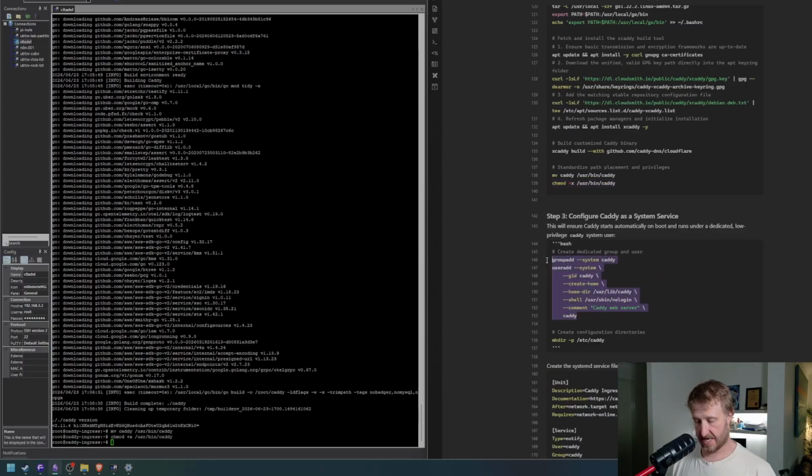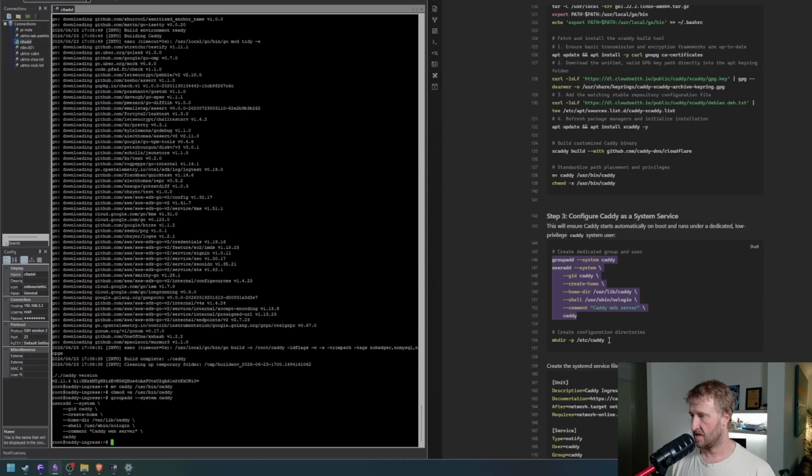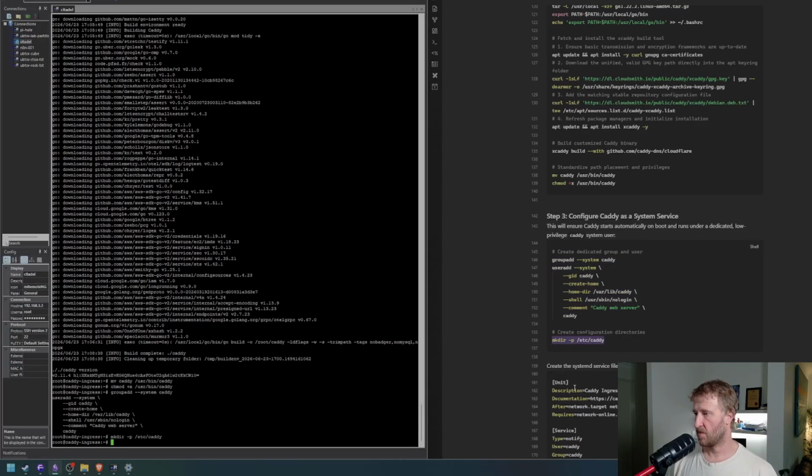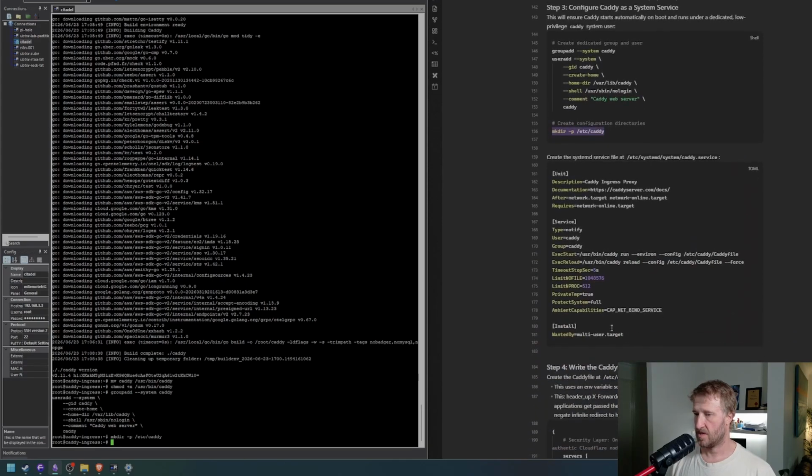Now we're going to set Caddy as a system service. Create the config directories. Create the systemd